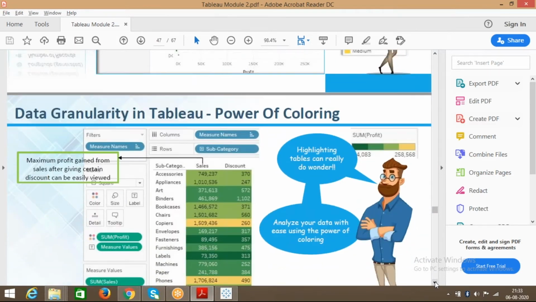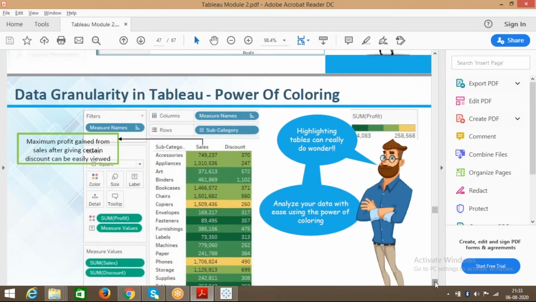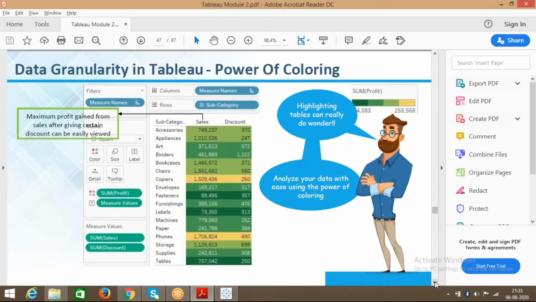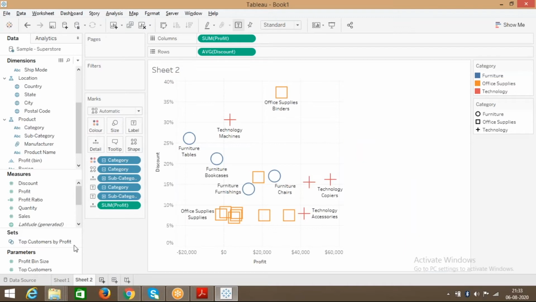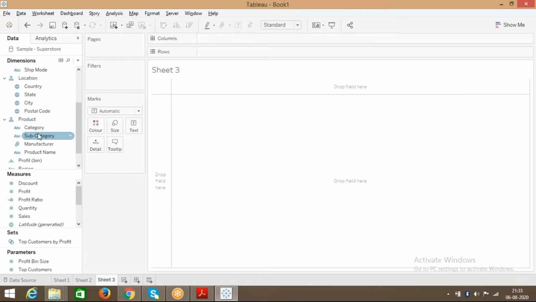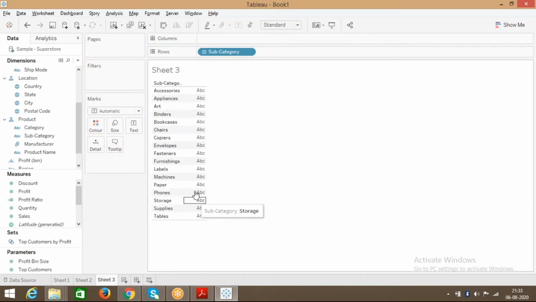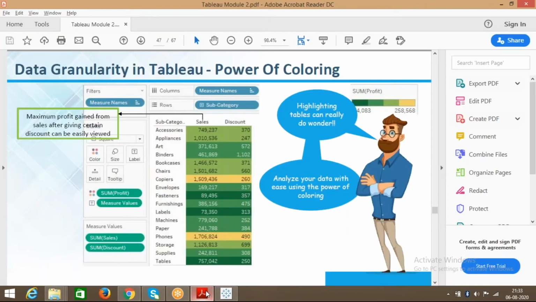Now here, look at this on data granularity, the power of coloring. Now let me drag the subcategory onto the rows, and what else? We have the profit and the sales.